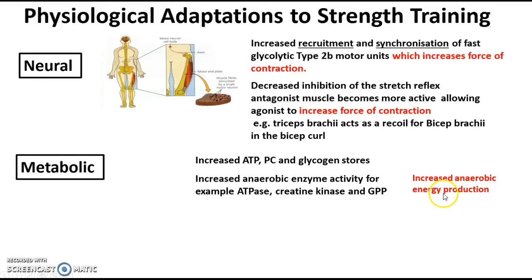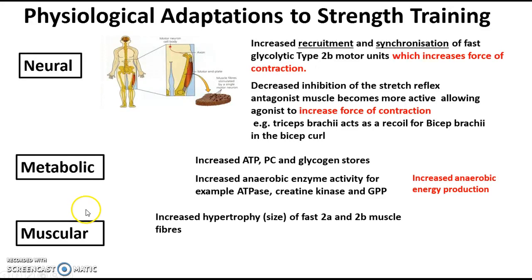So when we're doing things like shot put, javelin, or a 1 rep max. So there's neural, there's metabolic. Finally, we have the one that I'm assuming people would find more in real life, that you would use in daily life: muscular. The muscular changes that happen as a result of strength training are as follows. There is an increased muscle hypertrophy, okay? Increased hypertrophy refers to an increase in size of the fast twitch glycolytic, or oxidative 2A and 2B fibers. Maybe just put fast 2A, 2B fibers. Okay, they increase in size.